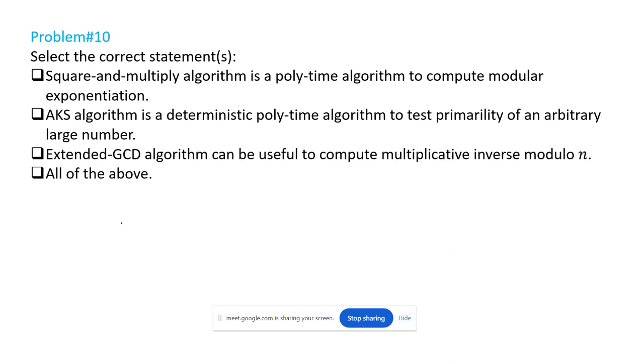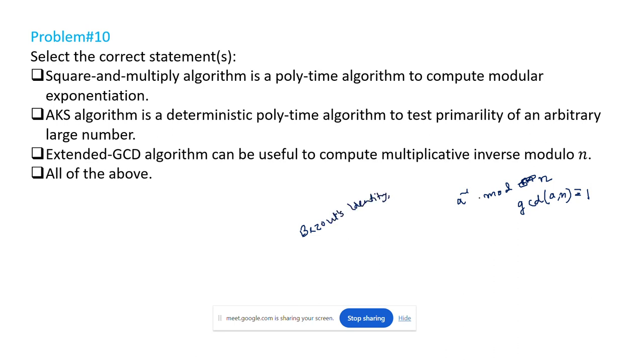Yes, true, ma'am. It is true, right? So what you can necessarily do is that, let's say you are trying to compute A inverse modulo n. Of course you have to have this condition satisfied, that GCD of A and n is 1, or in other words A and n are co-prime, then only A inverse exists in modulo n. Now if GCD of A and N is 1, that means according to Bezout's identity, right,